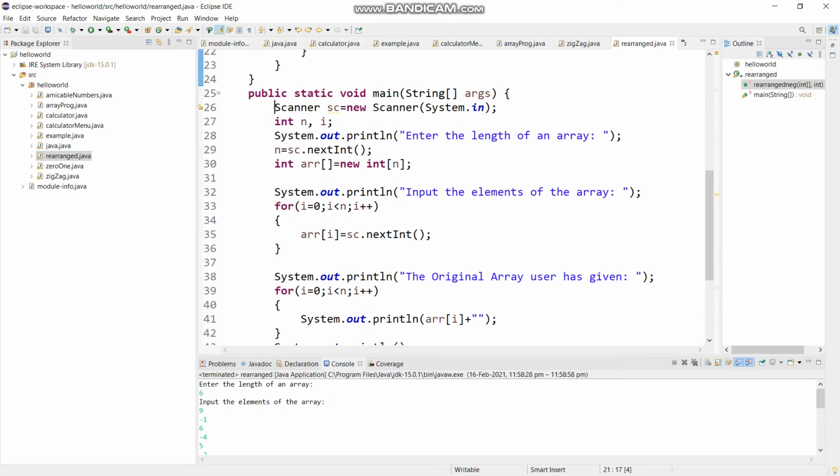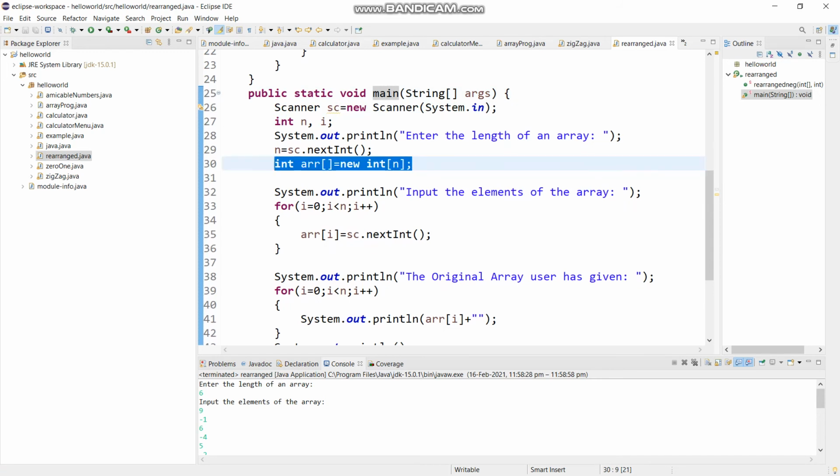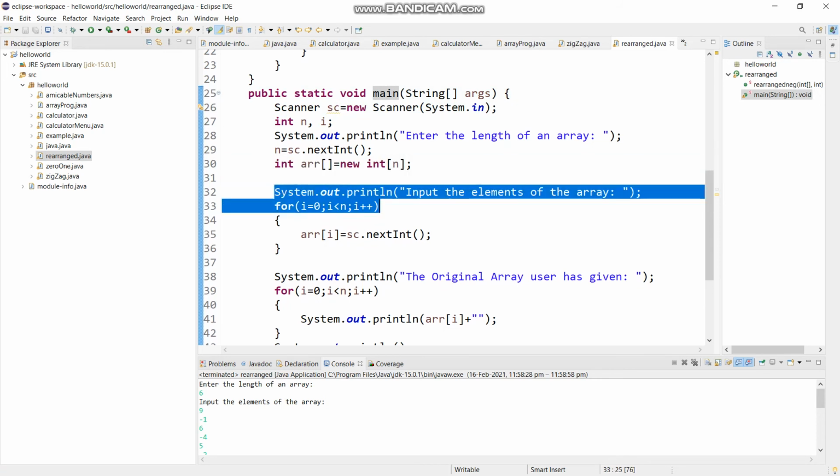Within the second method, I have created a scanner object within the scanner class, and then again I have given two variables, that is n and i. Again in this method, we ask the user to enter the length of this array, which could be any n number of length we are giving to this array. And then in the second place, we have asked the user to input the elements, which is simple. We have just created a for loop inside, so it could ask multiple times, that is array i equals to sc dot next int, as I have told you in the previous classes about the scanner object.